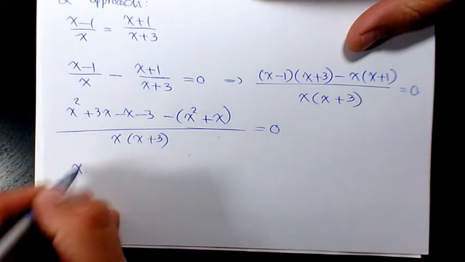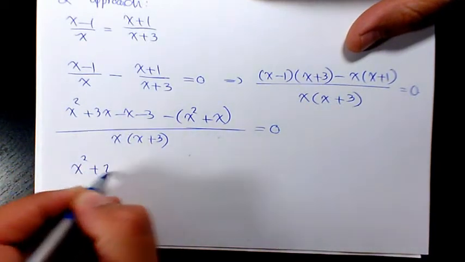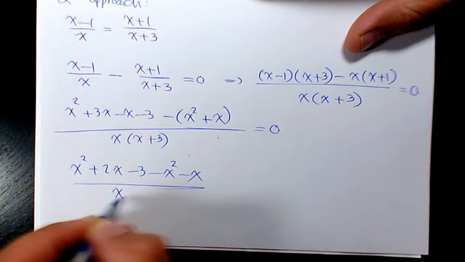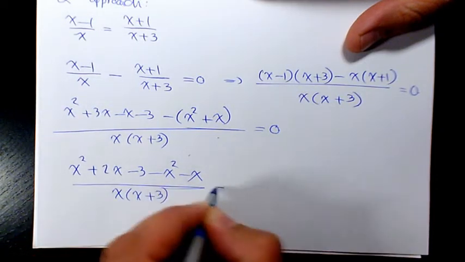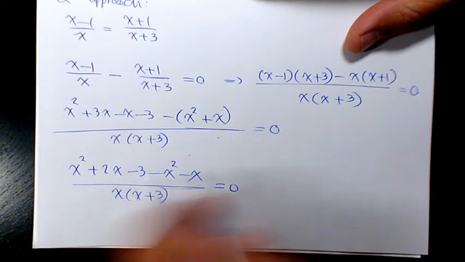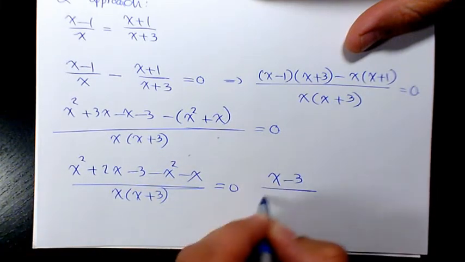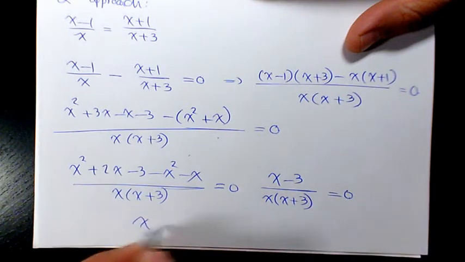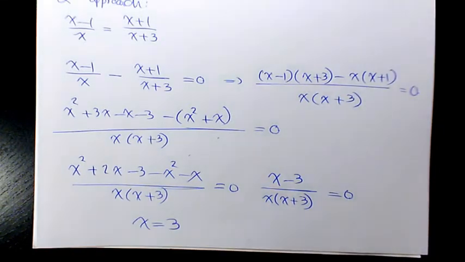There you have x squared plus 2x minus 3 minus x squared minus x, over x times (x plus 3), equals 0. This cancels out. We have (x minus 3) over x times (x plus 3) equals 0. So the answer is going to be x equals 3. Next example is